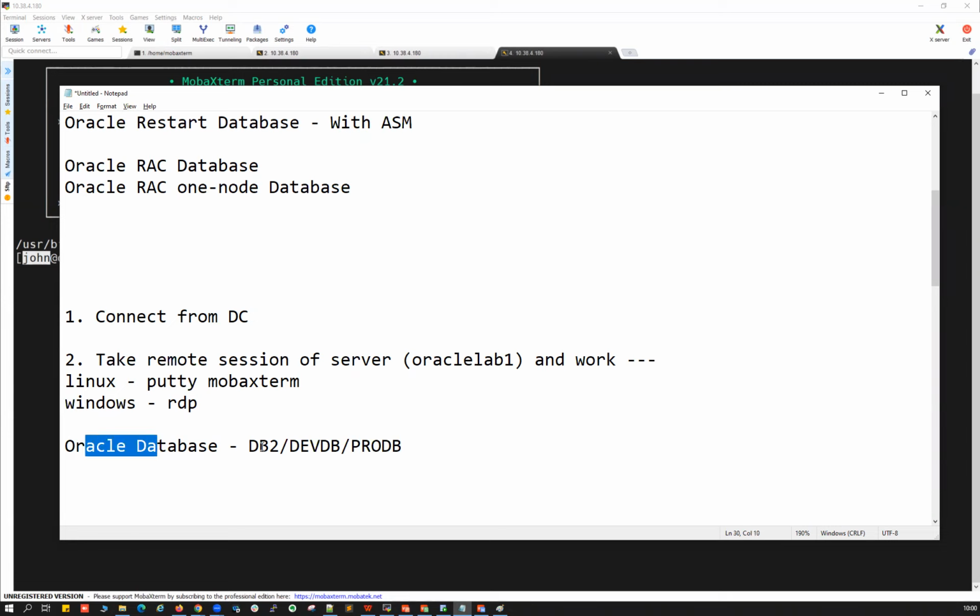This database has to be installed with the Oracle user. There is the OS user. You will ask your Linux admin to create an Oracle user, and we will log into that Oracle user and create the database with that owner.